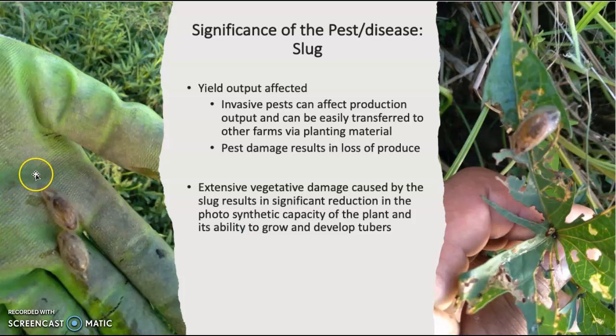The significance of the pests and disease in relation to the slug: the yield output could be affected. This is because the slug is known to be very invasive and it affects your production output. As a result of the amount that would exist in the field, it means that the pest damage would result in extensive loss of the vegetative